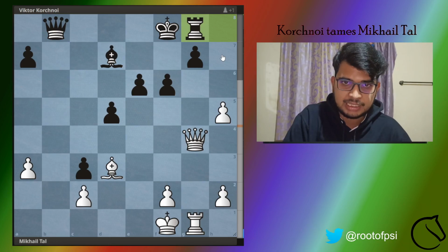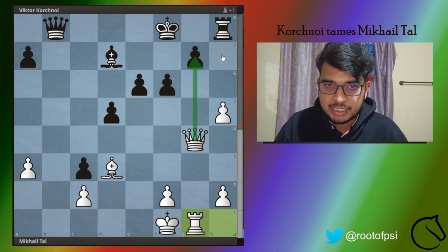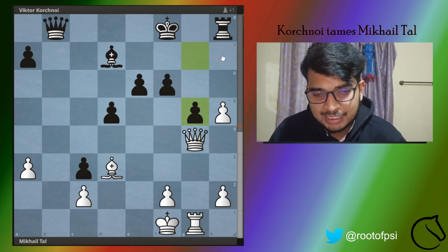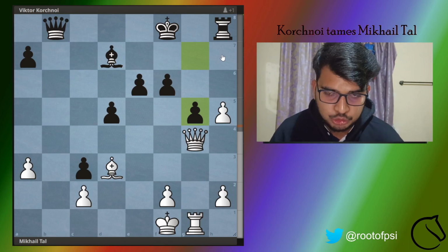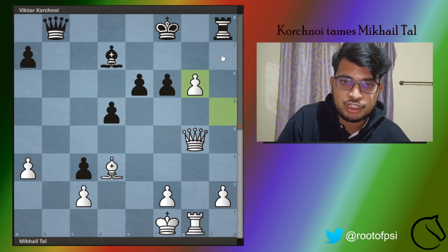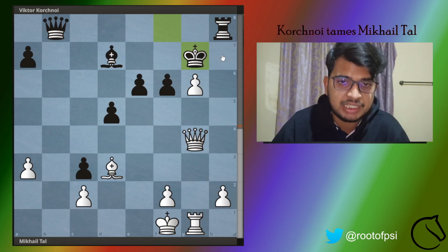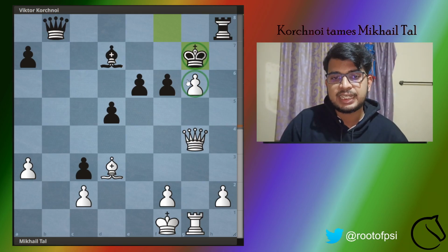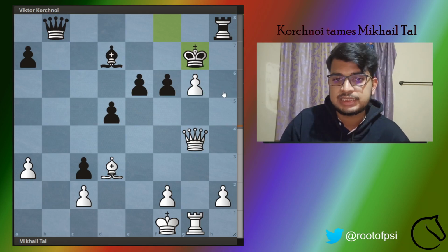So we don't have that, and instead in this position Viktor Korchnoi again finds one of the brilliant moves of this game, that is the move g4. Later on we have some fireworks in the game, but for me this move was actually one of the game defining moves, because let's say after you take, you can see that after Viktor Korchnoi played the move king to g7, there is no attack on this king, because this pawn is acting as a shield. Your own pawn is providing a very nice shelter to this king.